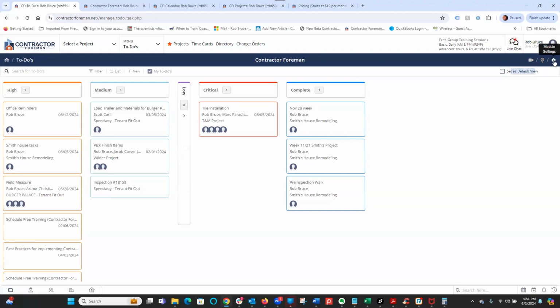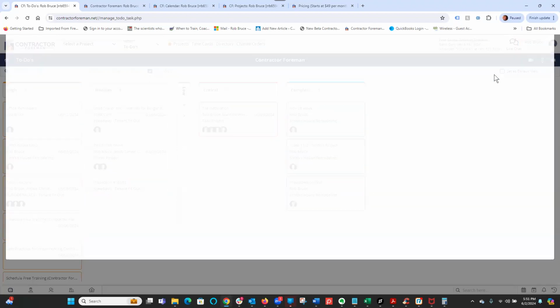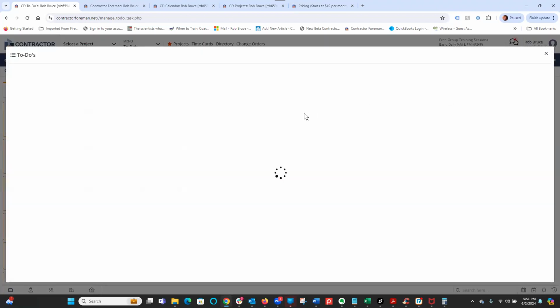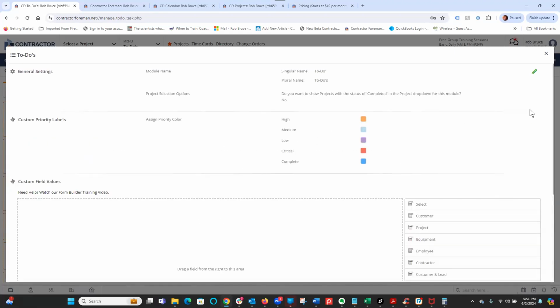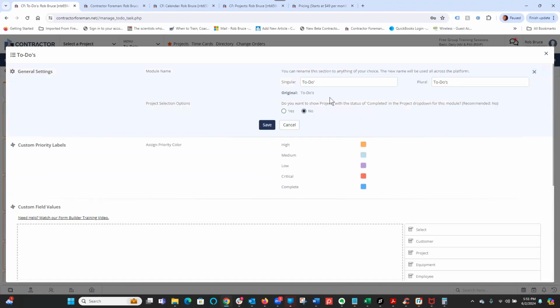And then here's the settings. Again, every module has these three icons up here. The settings are for the module that you're in. So to-do settings, if I click here, takes a moment to load. Depending on the module, we'll have more or fewer settings, and they're broken up by sections. You can see by the green icon, so I can click here, change the name of to-dos,